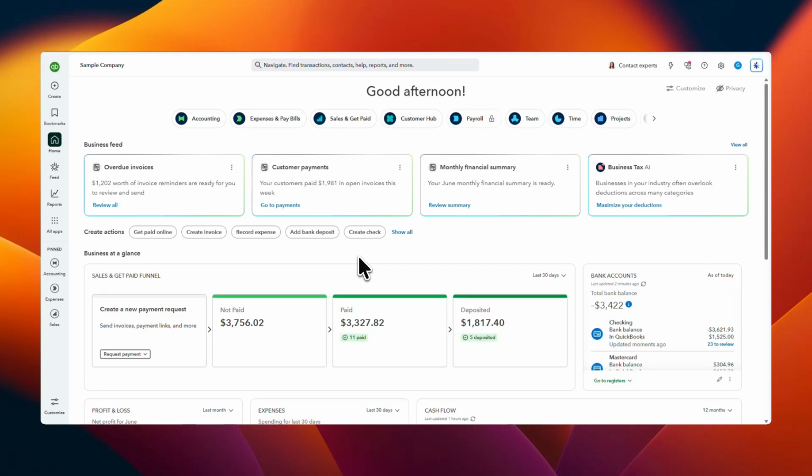In today's video, I'm going to teach you how to prepare for filing taxes in QuickBooks Online. Before you file taxes, it's important to make sure your books are clean, accurate, and up to date. Taking a little time to review everything now can help you avoid mistakes later and make the filing process much